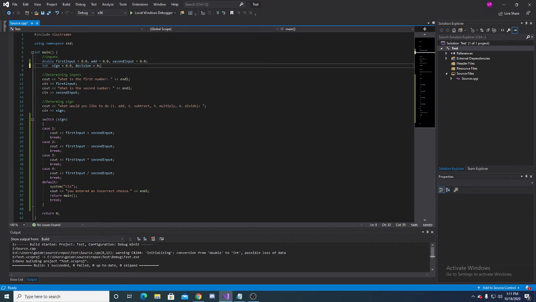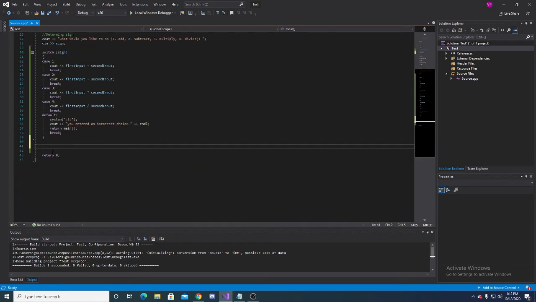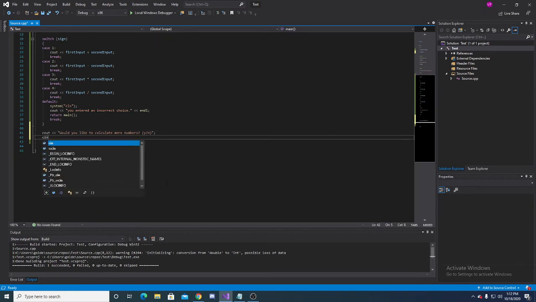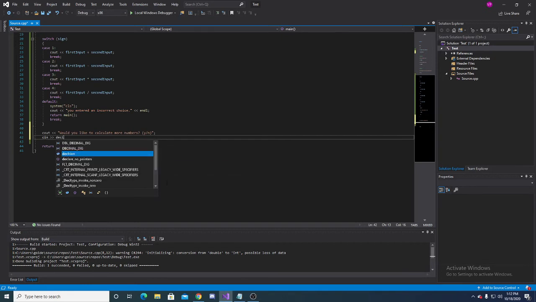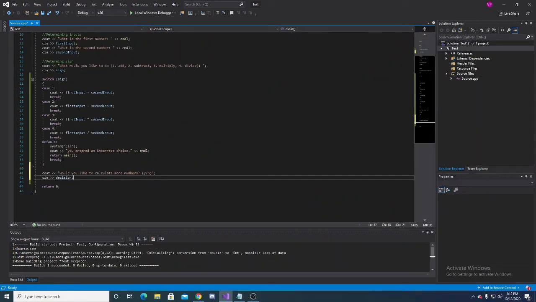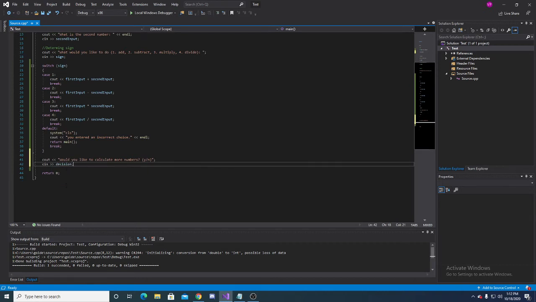Alright, so now that you have your variable defined, we can go down here and do cout, quotation mark, would you like to calculate more numbers? And then in parentheses we can do yes/no, just so they know what to enter. And then don't forget your semicolon. And now this is going to be decision. Alright, so now after it does the calculations, it should ask them if they want to calculate